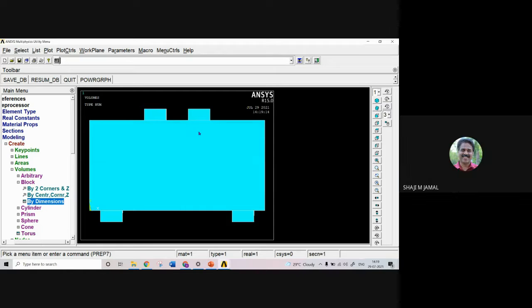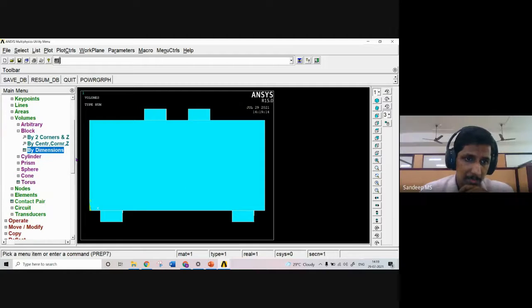Sir, I have a doubt. Yeah, sure. Can we do the mirroring option in this one? Instead of creating all this, can we do mirror? Yeah, we can do that. We have the option for mirror, and another thing is that we need not model the entire beam in this. Basically, half modeling as well as quarter modeling is also available. So that can also be used in your answers.